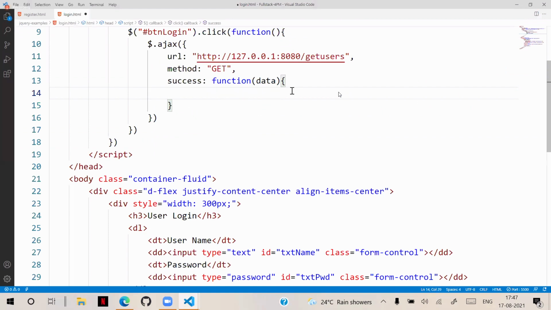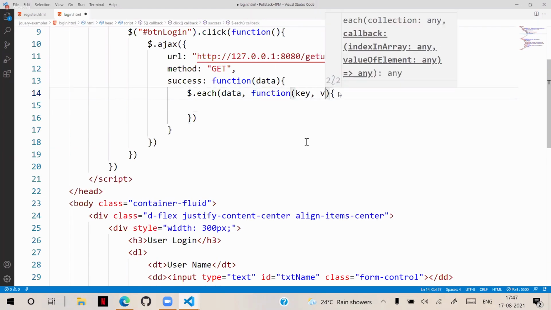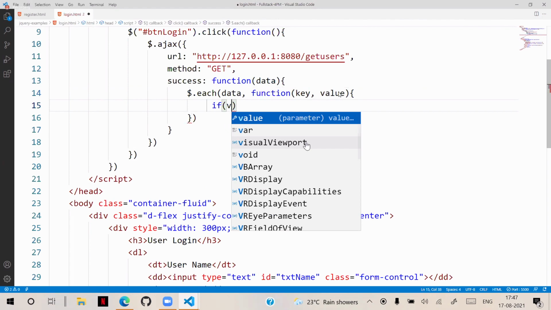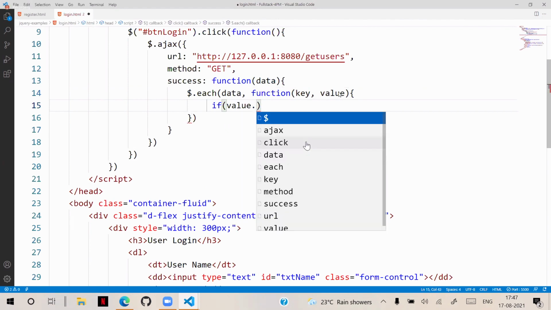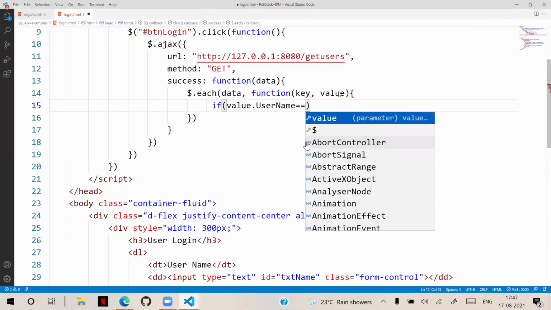$.each collection is data. And we use a callback function. This function gets key and value. And here we need to verify if value.username is a property. If it is matching with the username you entered, you can collect the username.